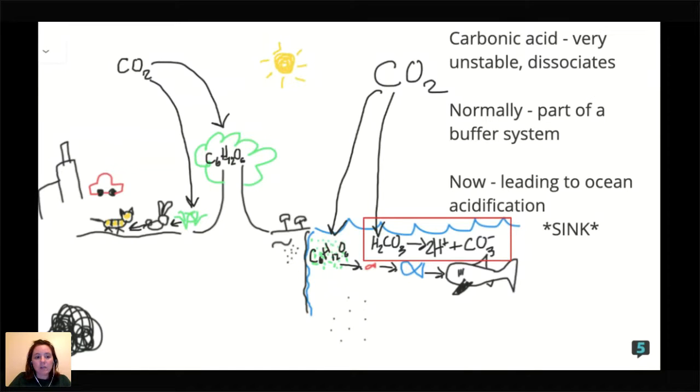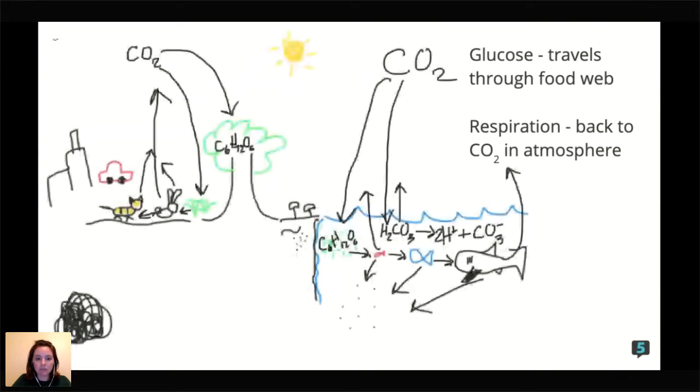So we're going to talk in a minute about how organisms, once they eat their food, eventually all things die and decompose. And then in the ocean, that dissolving organic matter takes a really long time to float down to the bottom of the ocean, and then it gets stuck in the sediments there. And so carbon that gets into the ocean stays there for a really long time.